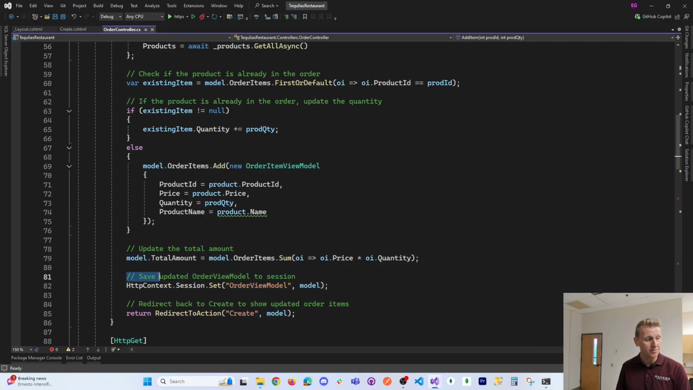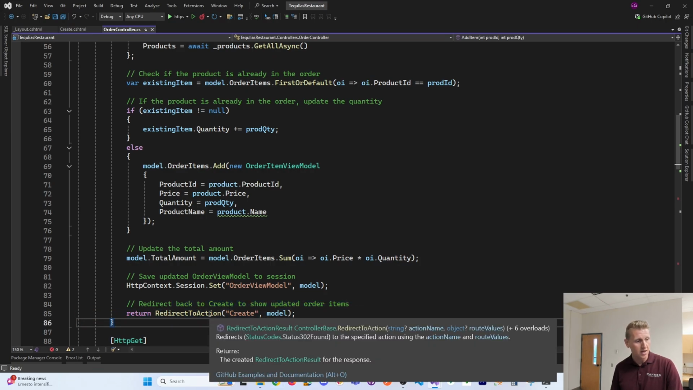session, right? Because we have to save the cart to the session, as I talked about, being able to navigate back and forth. And what I do then is I redirect to the Create method, and so you stay on the page, okay? And so